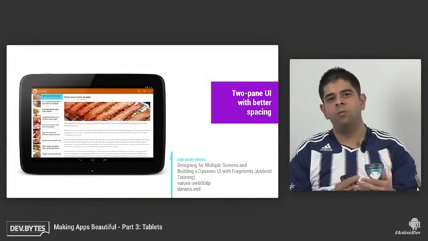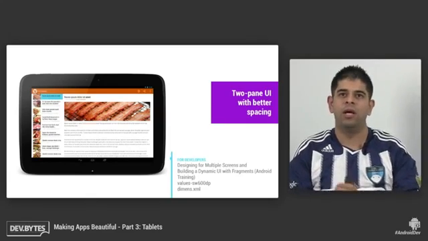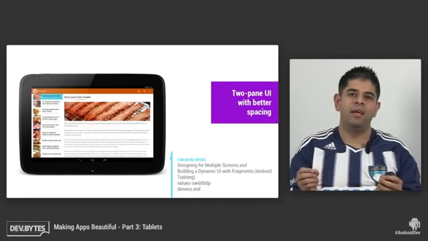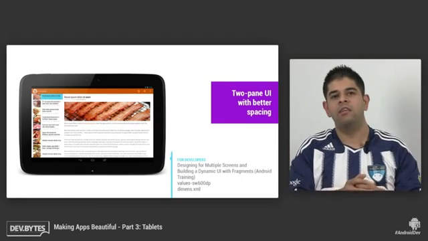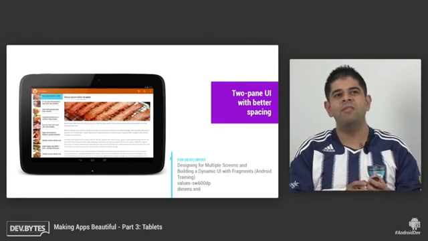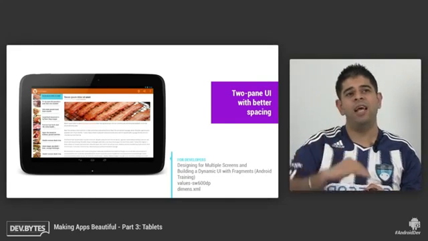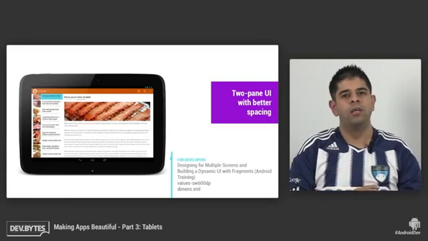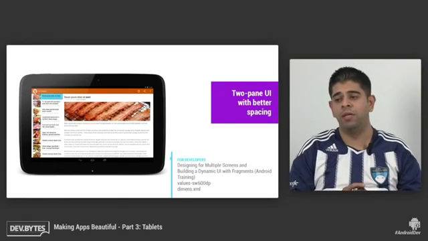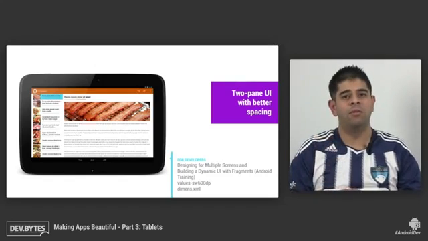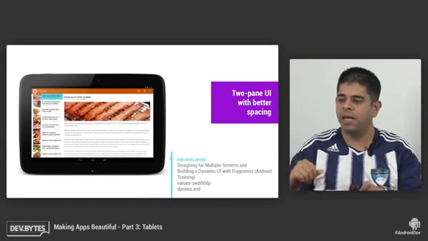And what we'll see now, we've got our nice two-pane UI, great. But one thing that's still lacking here is spacing. Those margins that we specified on either side for the detail view, they don't seem as applicable for a tablet. And in fact, even our list view seems a little bit squashed, or more so than it should be. So what we're going to do is actually, we're going to go and override some of those values for tablets. So switching back to the code,